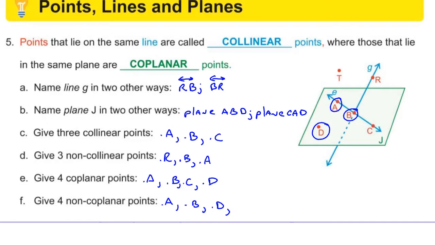And now what other point would I pick? I have 2 choices, point R or point T. Now we used T, it has been used, right? But I could say point R there. I've given now 4 non-coplanar points. So did you catch something? When you're going to give 4 non-coplanar points, 3 of them are in the plane, 1's out. That's the way it always works. Any 3 non-collinear points are always in a plane, and 1 would be out. 3 in, 1 out.